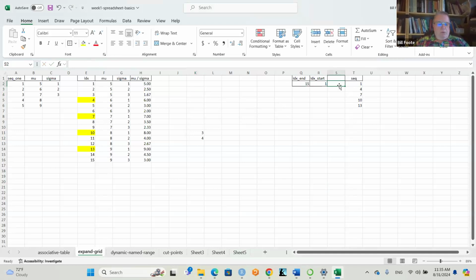Okay. The row number will be 1, 2, 3, 4, 5. So everything looks like a vector or a matrix to Excel somehow. And it does know row numbers. So the row number here for 4 is 2. The row number for 1 is 1. The row number for 7 is 3. 10 has 4 assigned to it. So that's how Excel knows what's going on